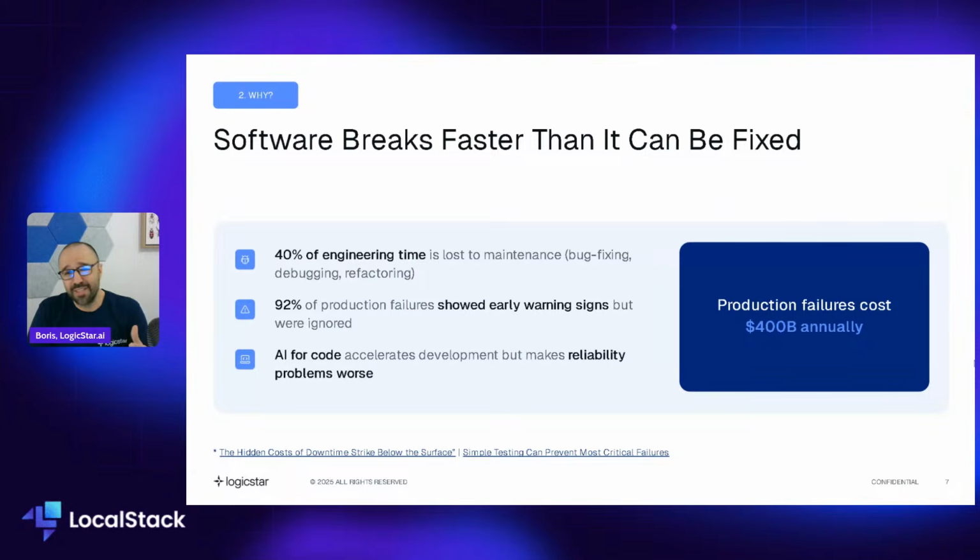Again, software is breaking faster than we fix it. That's pretty much what it is. The 400 billion number here that we're seeing is how much money is wasted every year just by the Fortune 2000 companies in production incidents. And the most staggering effect here is the 92% on the side, that 92% of those incidents already have shown something as a warning sign, either in telemetry or as a bug. And that's exactly the reason why Lazar after that will tell you, hey, if we're able to catch those and preventively fix them, we might be able to save almost all of it, 92% of this 400 billion. So that's kind of an exciting future. So I hope that we get there extremely fast.